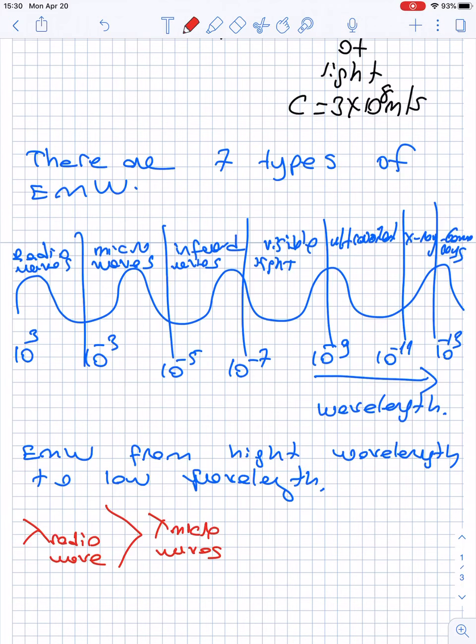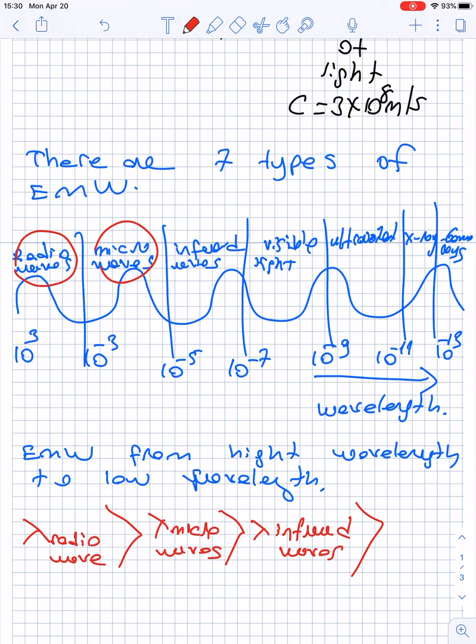Check this electromagnetic spectrum. Radio waves is 10 to the 3, but microwaves is 10 to the minus 3. Always wavelength of radio wave bigger than wavelength of microwave,